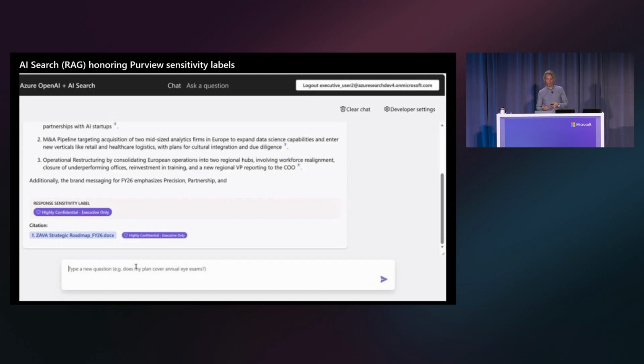I'm going to speak to a Microsoft Purview integration that's new. Thousands of enterprises use Microsoft Purview, I'm sure many of you do, to label all of their internal documentation. This ensures that only employees with the requisite access can view certain documents with various confidentiality labels. So today, we are launching, with a few very simple developer steps, RAG retrieval with Azure AI Search that honors those Purview sensitivity labels